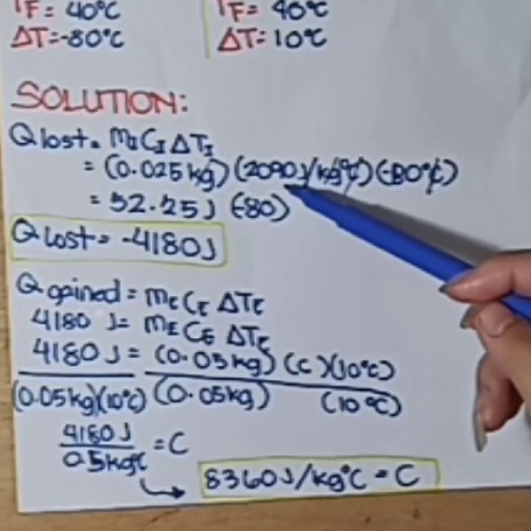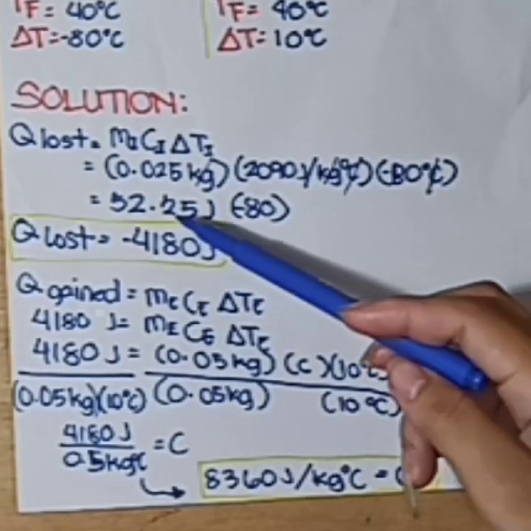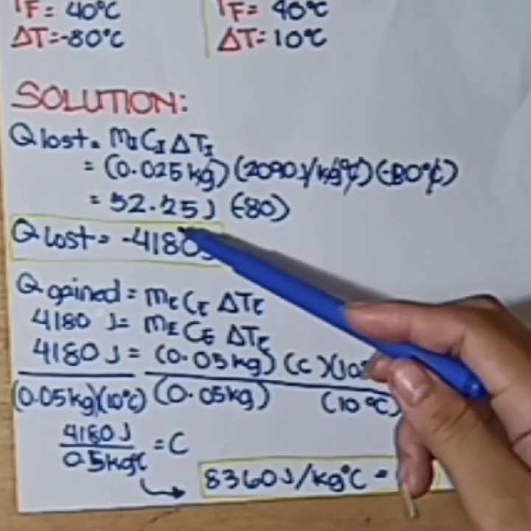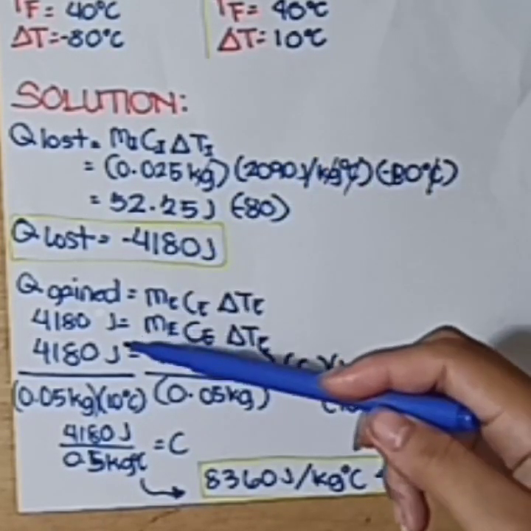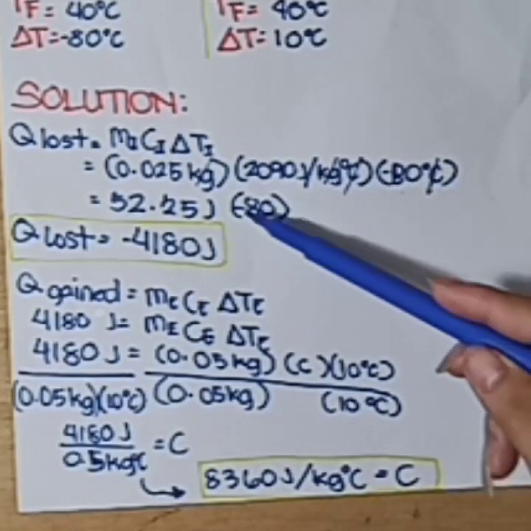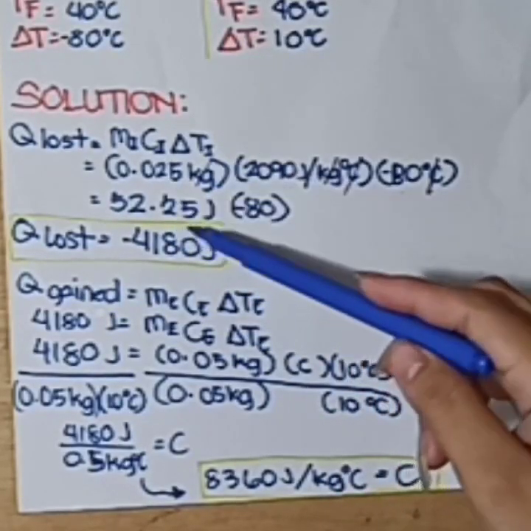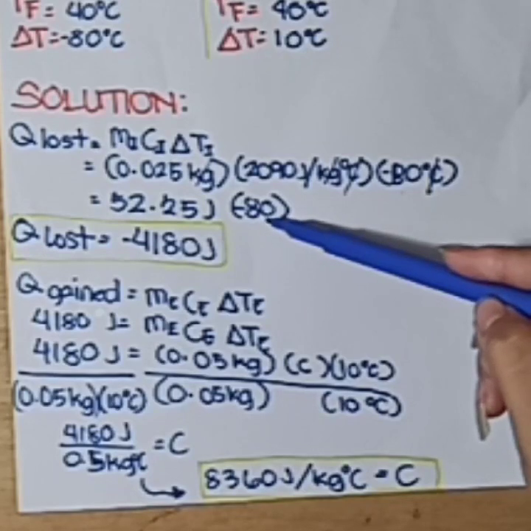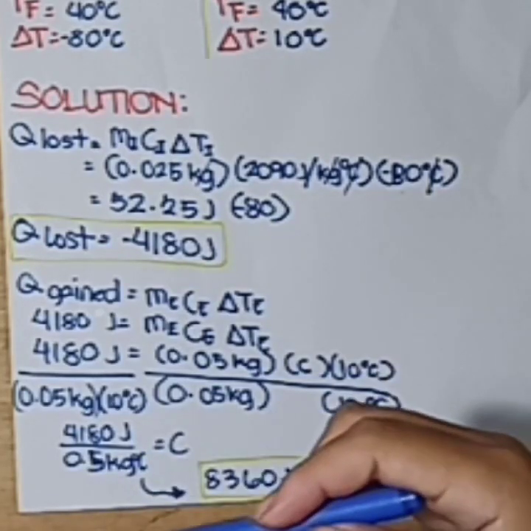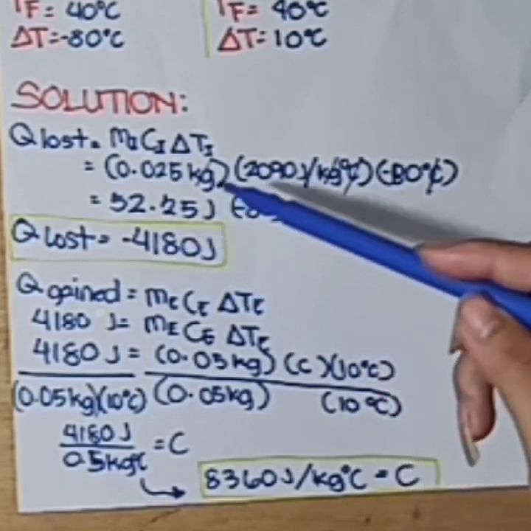Times 2090 joules is equal to 52.25 joules. And we just copied the remaining negative 80. So next we're going to multiply 52.25 joules times negative 80. So we have here the Q loss is equal to